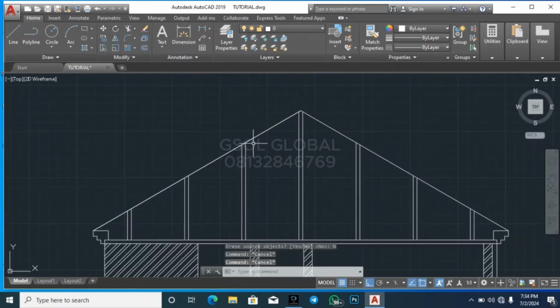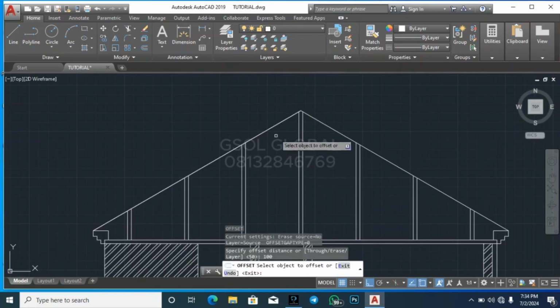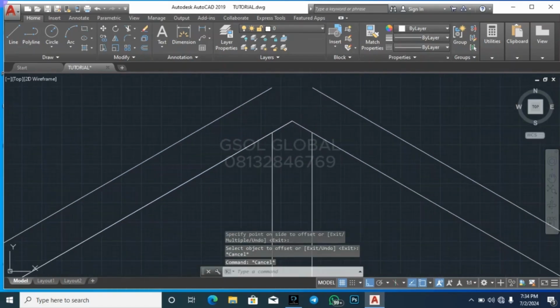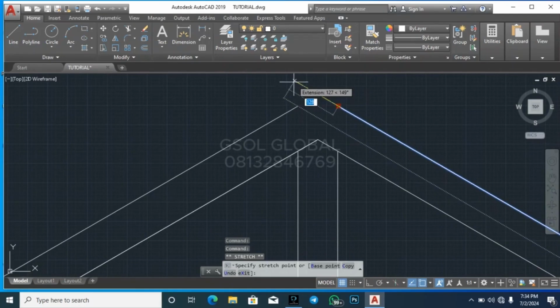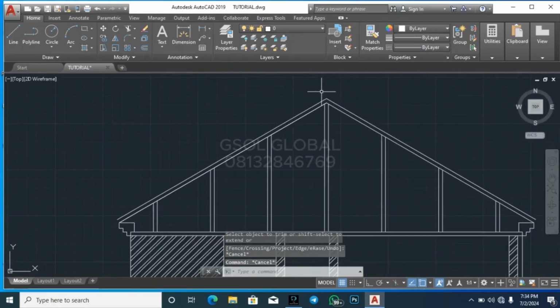So this is what we are having here now. So we can do an offset for the rafter. So the rafter takes its own, and then I'm just going to turn off my orthogonal and click this and just extend this and go ahead and trim it. Okay,